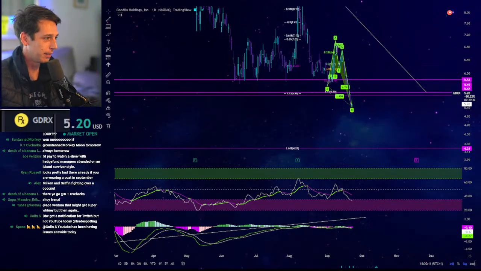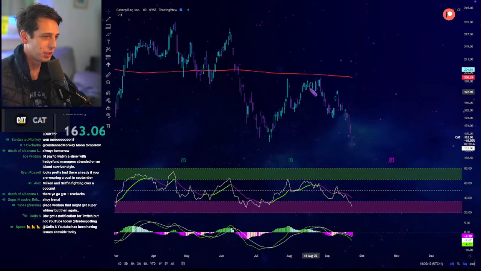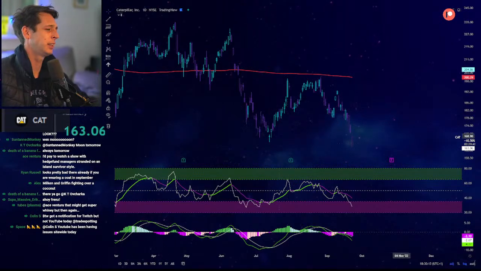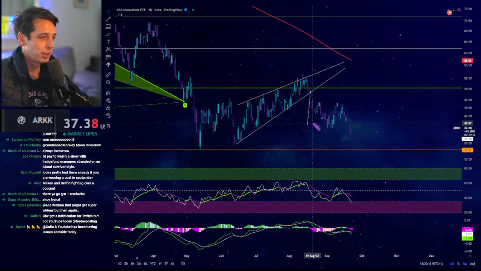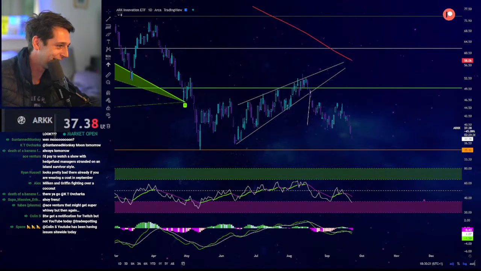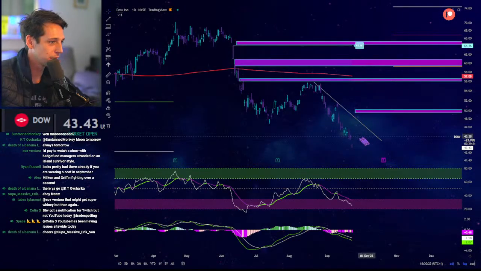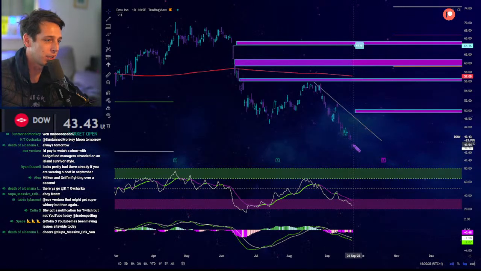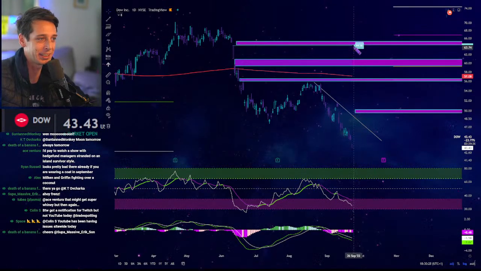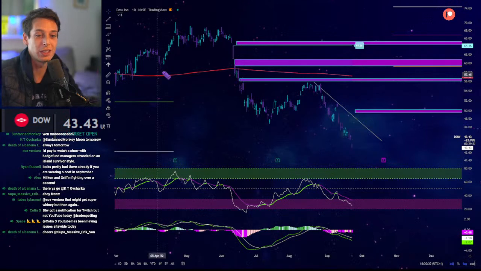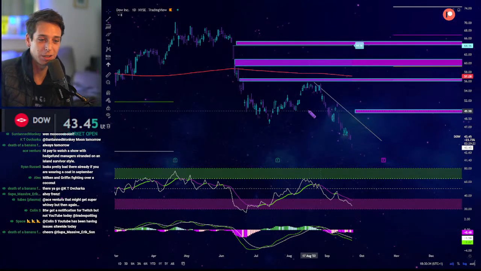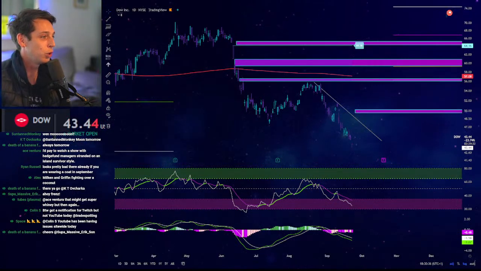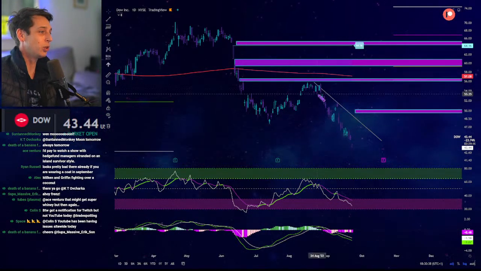Caterpillar, your phone's not good enough. ARK, oh dearie me. Can he catch it, Dow? You can't do it. There's a flashback up there. Dow's the only thing that gives the whole market hope that it may eventually return to the top side. Otherwise, it looks like doom, which calls on us, the doom slayers.